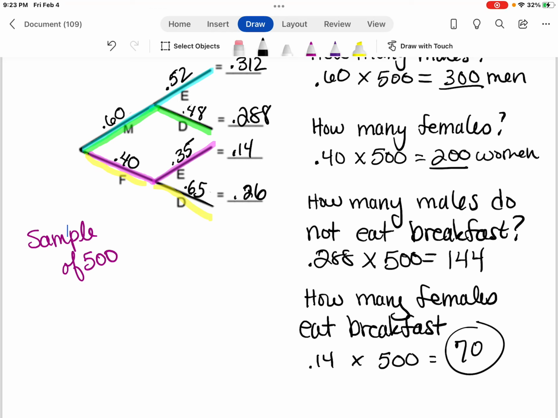So the probability of getting a woman that does eat breakfast is 14%. Then to find how many they are, you have to multiply by the number in the sample, and you get 70 women that do